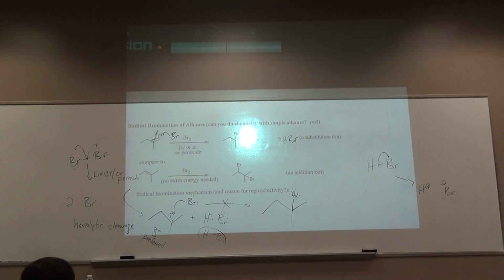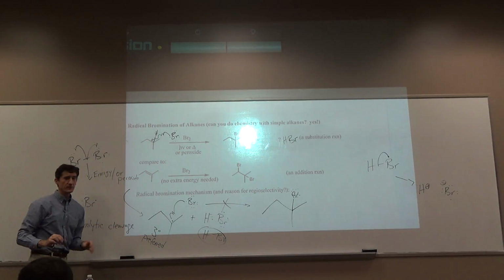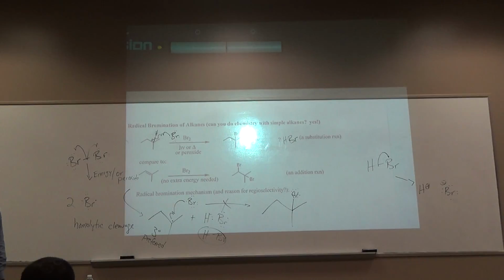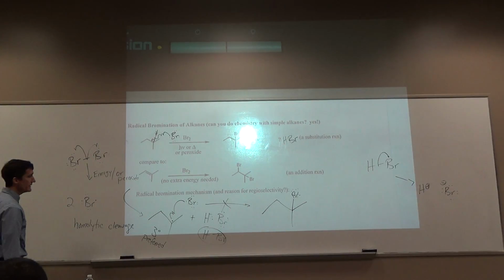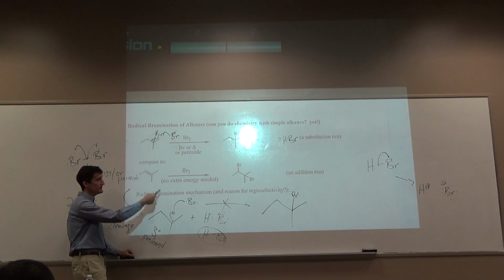Here's another piece of information that we know about this reaction. If you use light, you actually only have to shine the light at the very beginning for a little bit. Then you can turn the light off and the reaction will keep going. It will keep going without the light. Now, how does that happen? Why does it do that? Why does it keep going without the light? And does our mechanism